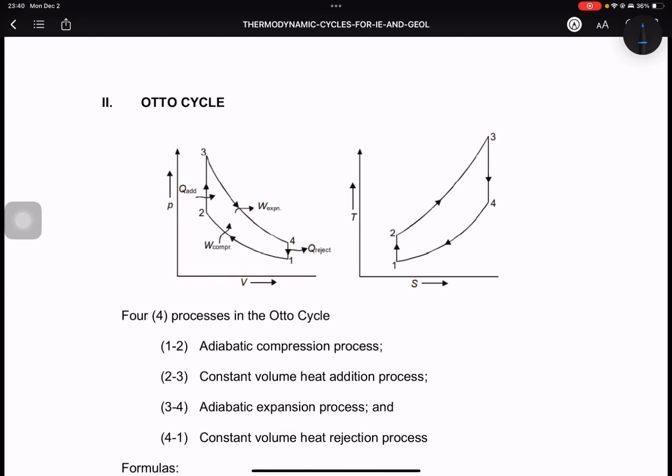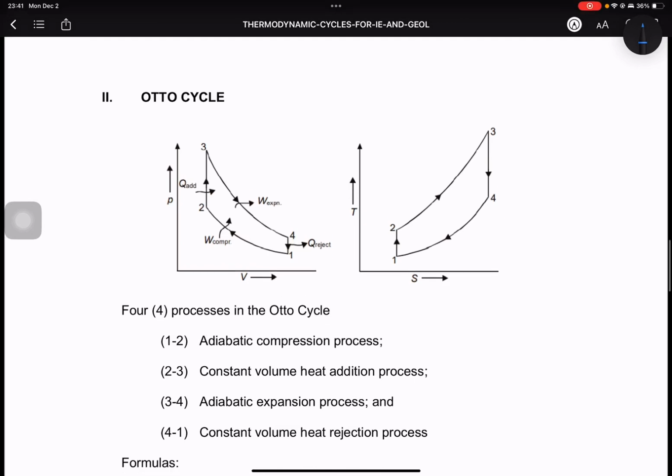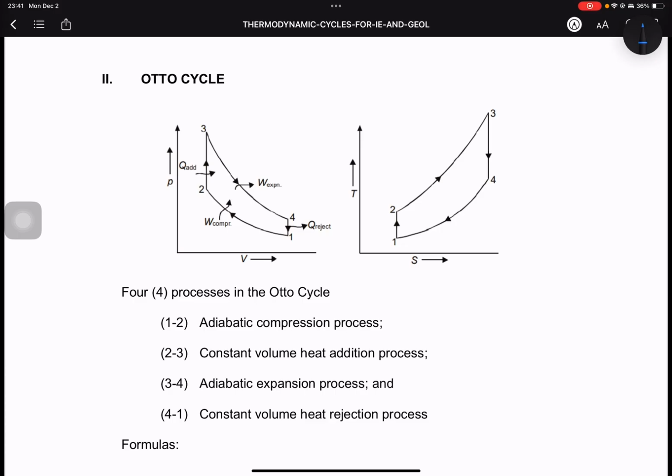Okay, so continuing, we have here the Otto cycle. So, Otto cycle naman po, usually it is used for internal combustion engine. Okay? Otto cycle po is the fundamental thermodynamic cycle used to describe the operation po of our spark ignition engine. Okay? Or commonly found po in